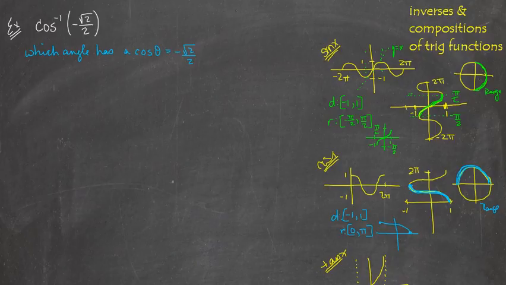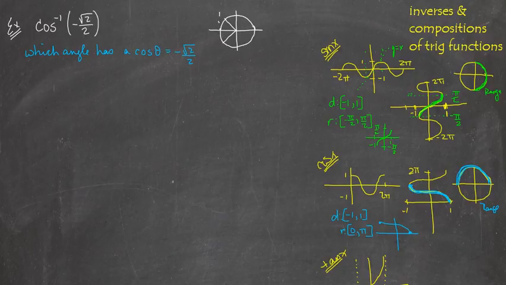Well, if I draw a unit circle real quick, that only means I care about the x value being negative root 2 over 2. Because in the unit circle, r is 1, and cosine is x over r, so I only care about the x value. But there are two angles that will give me an x value